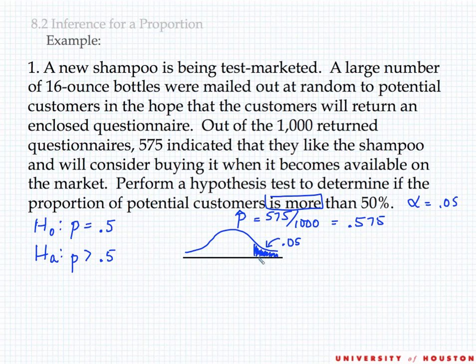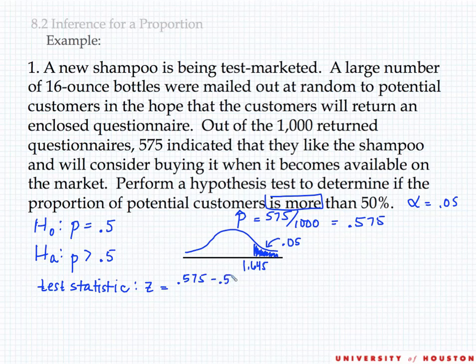So since we're using a z-test statistic, we'll do inverse norm of 0.95, which is 1 minus 0.05, to get a critical value of 1.645. Our test statistic is the z-value of our p hat